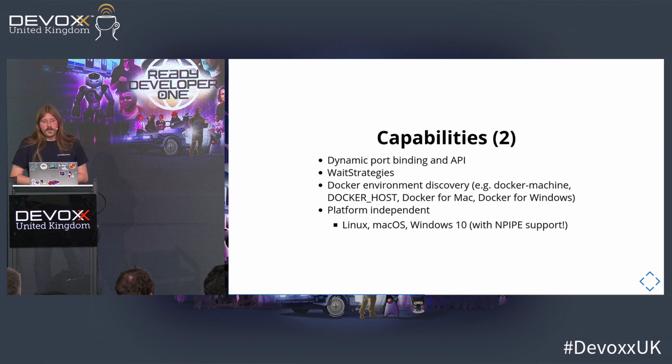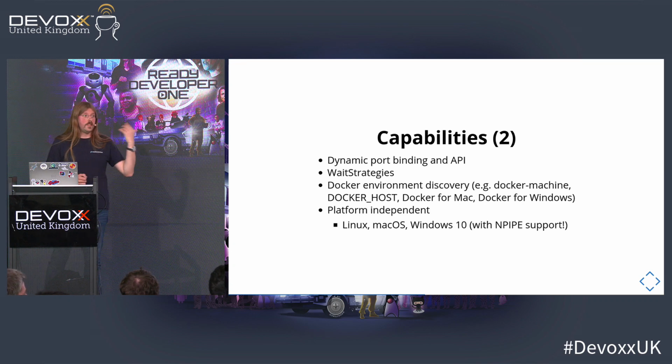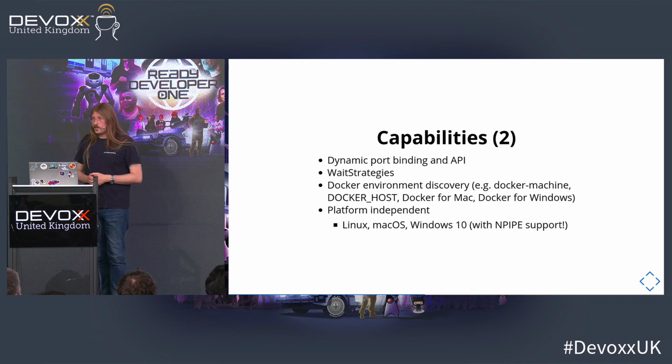so you can test against them in a defined manner. And we support all kinds of wait strategies there, just checking is a port available, do we get a certain HTTP response, log message, JDBC response, whatsoever. Yeah, we try very hard to discover out-of-the-box plug-and-play any Docker environment we are running in with Testcontainers. So normally you don't have to configure anything, and Testcontainers will just infer from the environment how it has